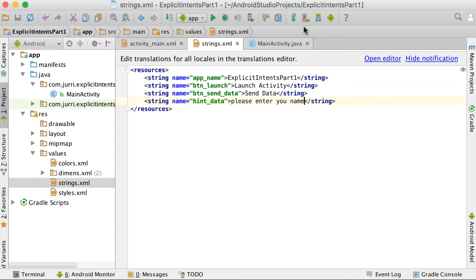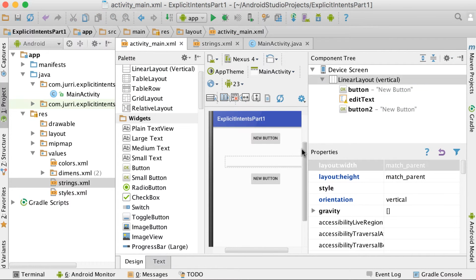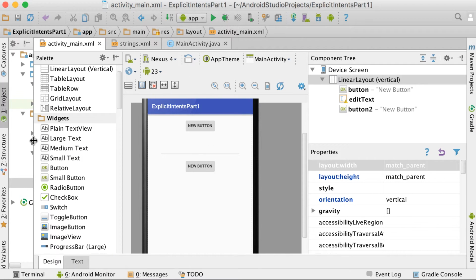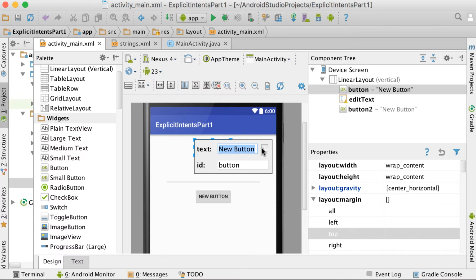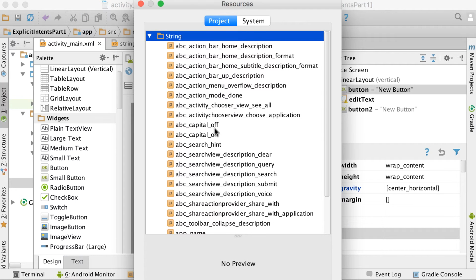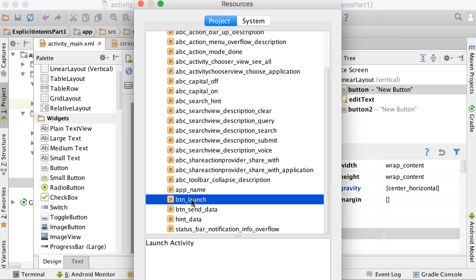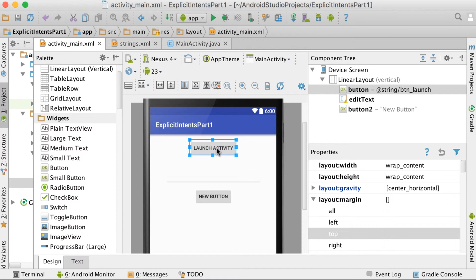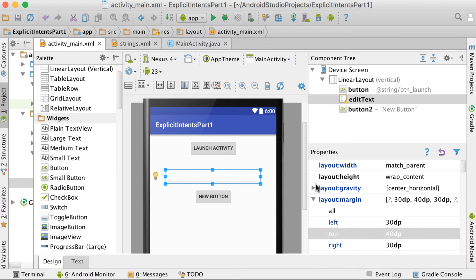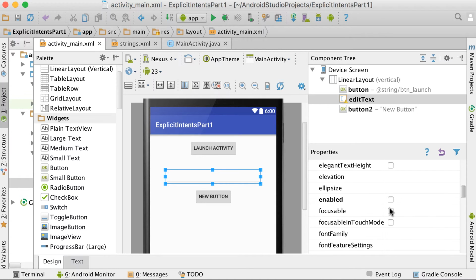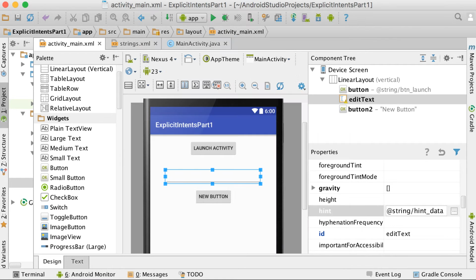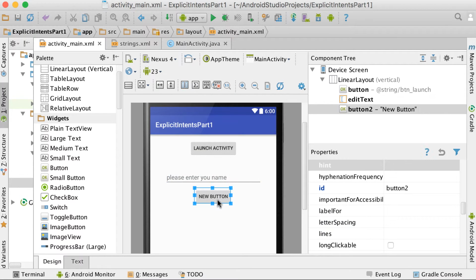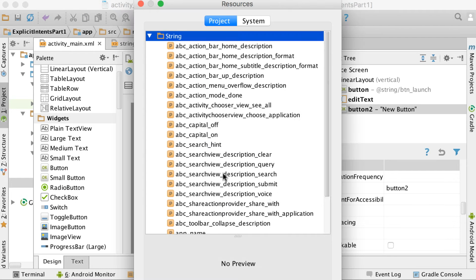Okay, so I'm going to save that, and then when we go back to the XML, the text on that button, double click and then use the three dots, and we're going to use btn launch. So it's just going to say launch activity. The hint property there you'll find on the right hand side, so go down to the hint property. There's the hint property. Click on the three dots, and we're going to use hint data. So it says please enter your name, and then for this one double click again, and we're going to use